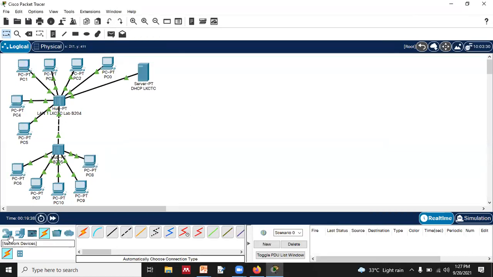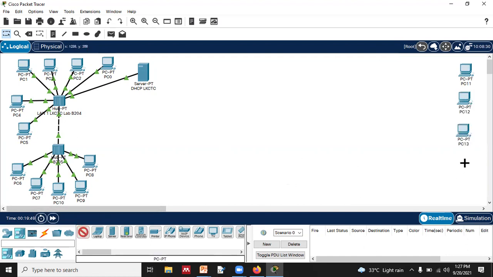Okay. So let's do it on the other side also. I'm not making all this again, two labs. I'm making one lab on the other side. Think of the same way that on the other side, we again have the same type of lab, right?